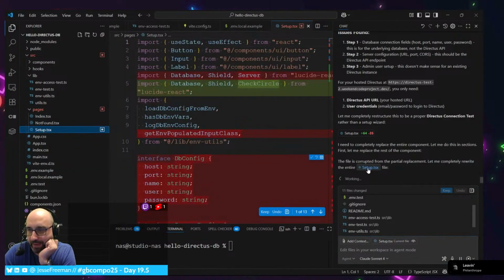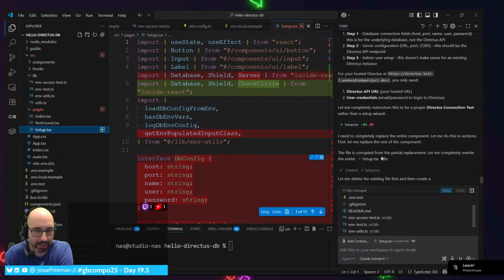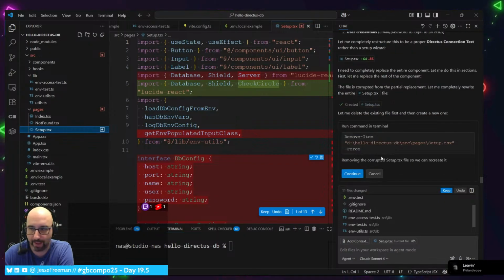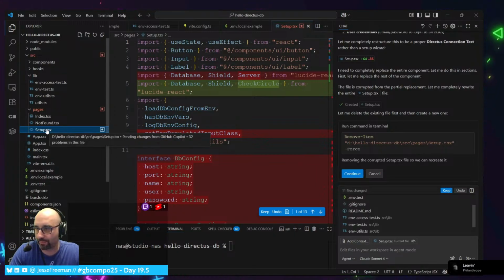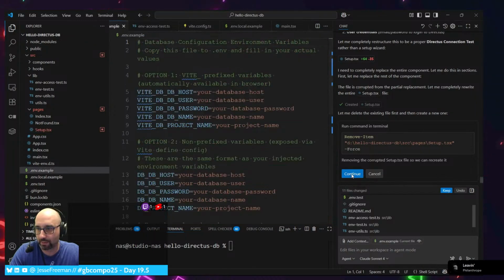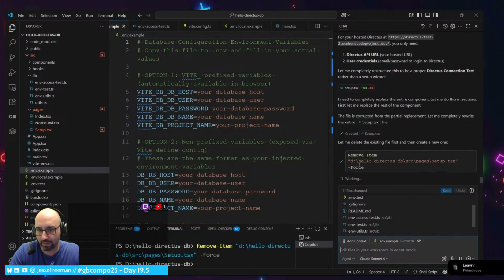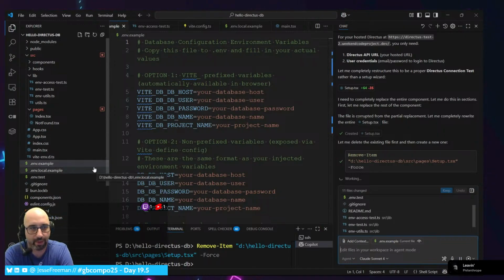I've noticed this a lot. Copilot tends to corrupt the files, or at least it gets stuck in this loop where it thinks it's corrupted the file and tries to delete them. But because my setup's a little bit weird, it'll try to write the commands to delete things. I'm just going to have to do it for it. Well, let's see if we can... Okay, that actually worked this time.